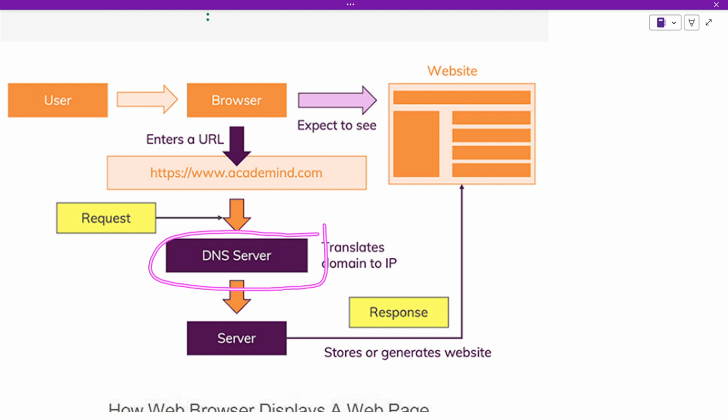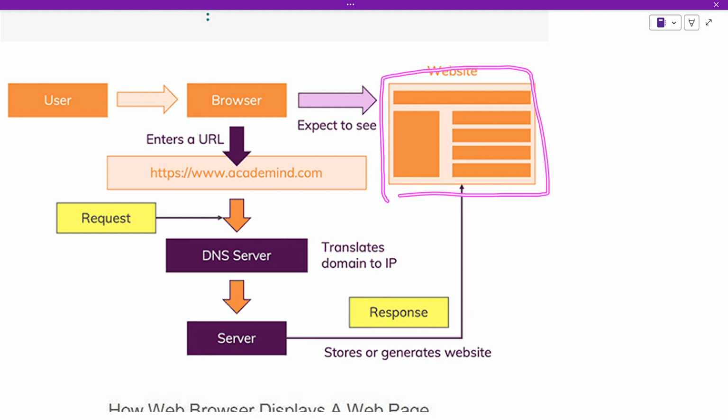It is going to resolve that name into an IP address and return me the address of the server. So I send the same request to the server, and the server will process my request and give me a response. That response is nothing but a website. So I got a website, I have my FB login page. My FB login page is a website, but